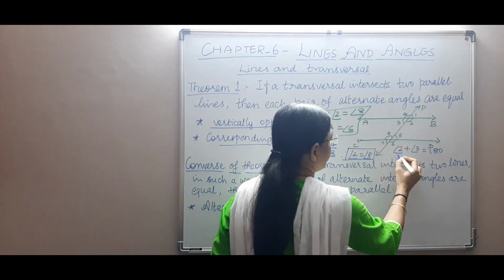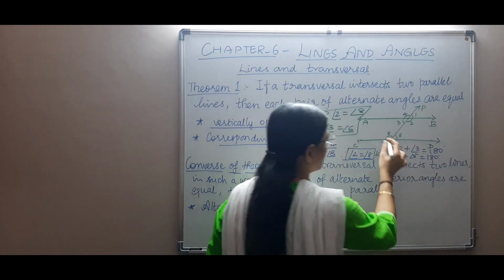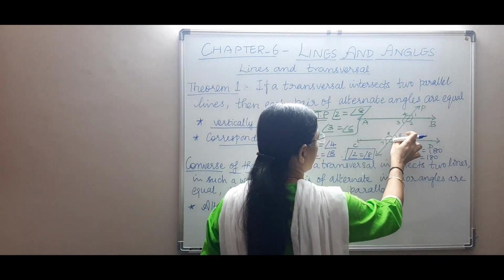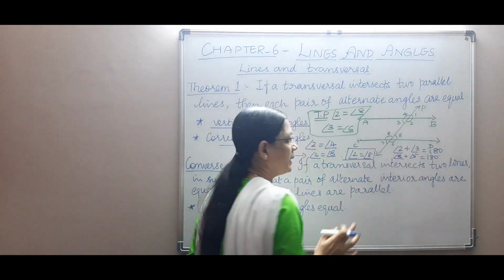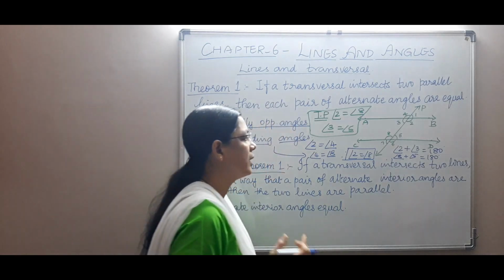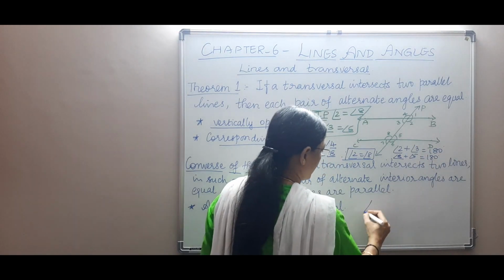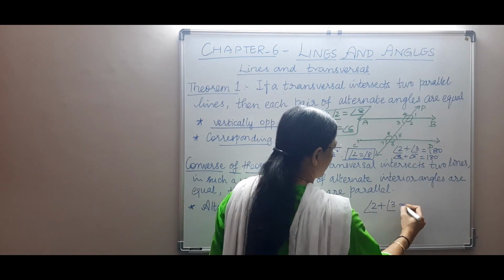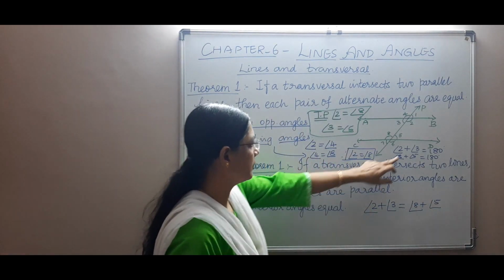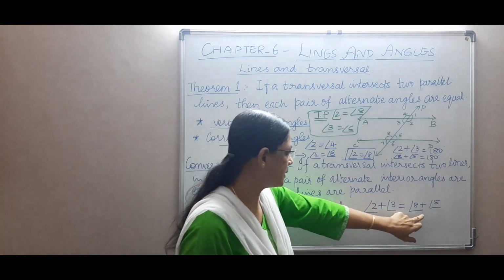And when I take this, I have angle 8 plus angle 5 is also equal to 180 degrees, because these two are a linear pair. These two are adjacent angles and they are on a line, so they form a linear pair. Both these things are equal to 180, isn't it? So we write angle 2 plus angle 3 is equal to angle 8 plus angle 5. Because both are equal to 180 degrees, RHS is equal, so LHS is naturally equal. So 2 plus 3 is equal to 8 plus 5.